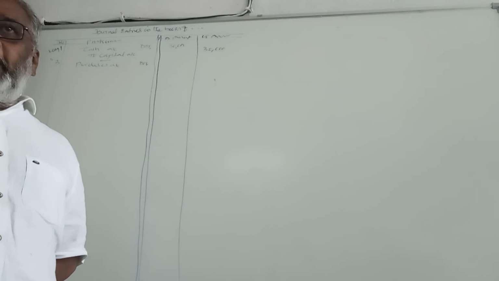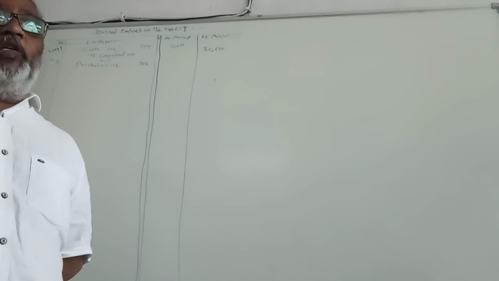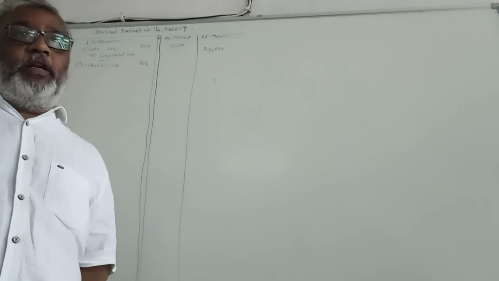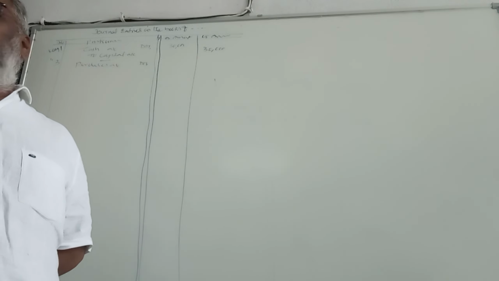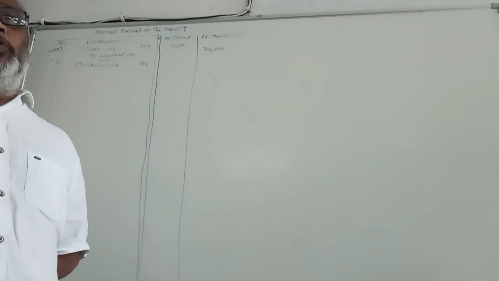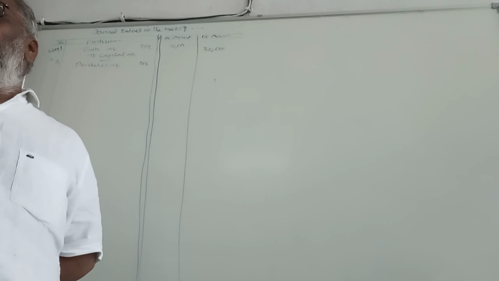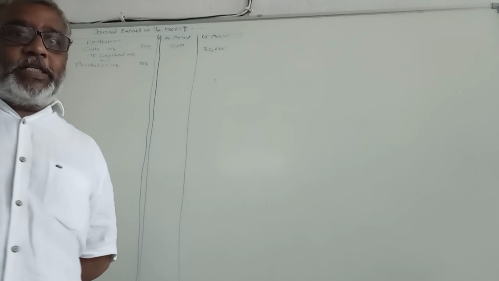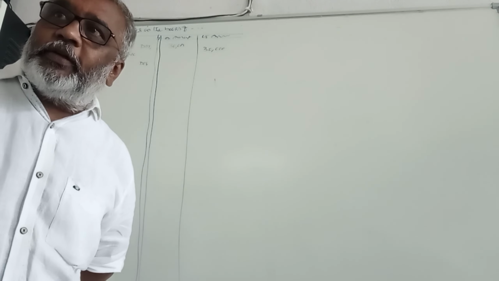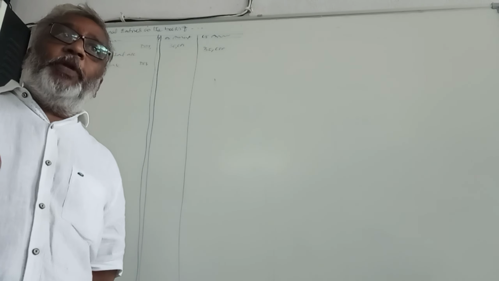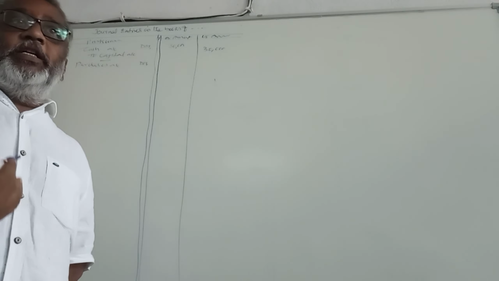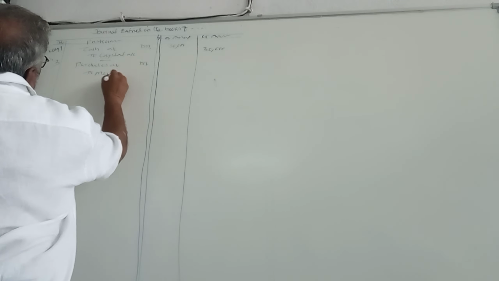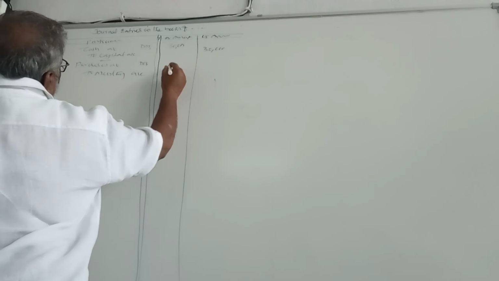That means we purchased goods from Murthy on the basis of credit. We are not paying money to Murthy. We purchased goods without paying any amount, which is why the transaction is called a credit transaction. Purchase account debit to Murthy account. In the place of cash, we write Murthy's name. Amount please. 10,000.